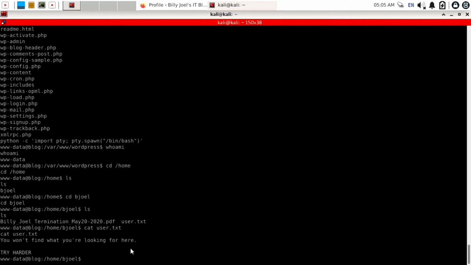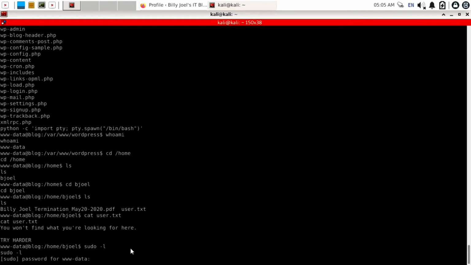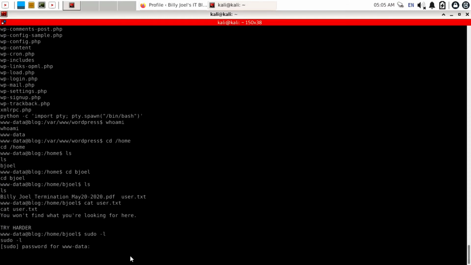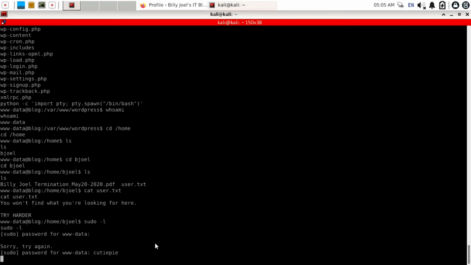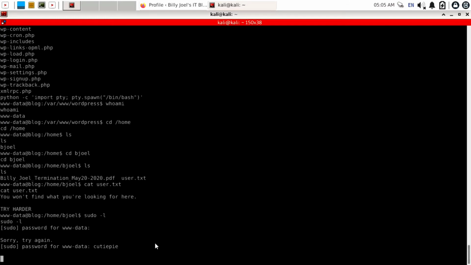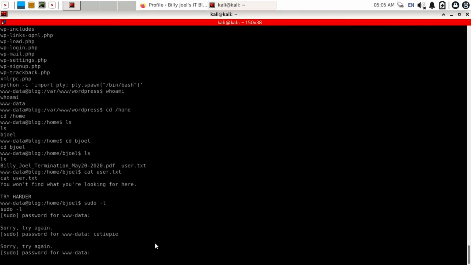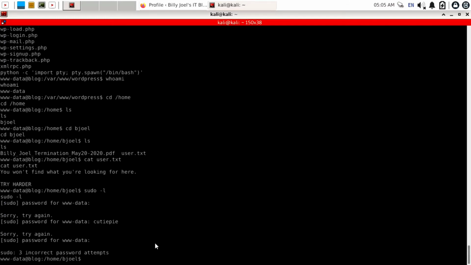So first of all, we need to escalate our privileges. For privilege escalation, we need to log in as root. Like we used in previous videos, we can use the command sudo -l to check sudo command permissions for a particular user. It is asking for the www-data password, but we don't know the password of this www-data. We know the password of the kvill user, but not of this www-data user. So just enter any wrong password. Okay, we need to perform another trick to escalate our privileges.